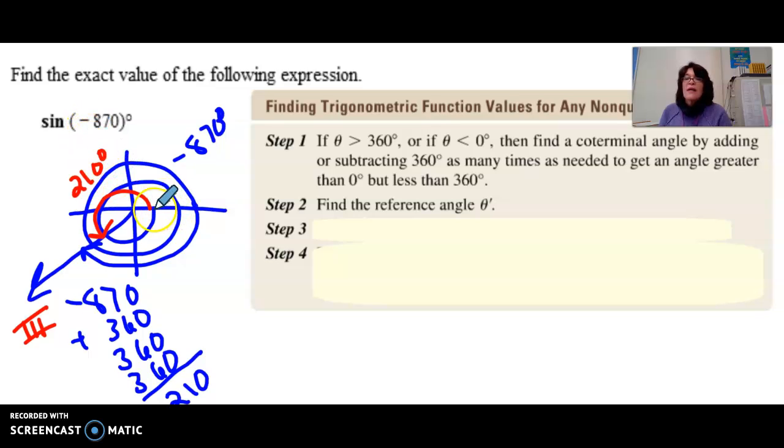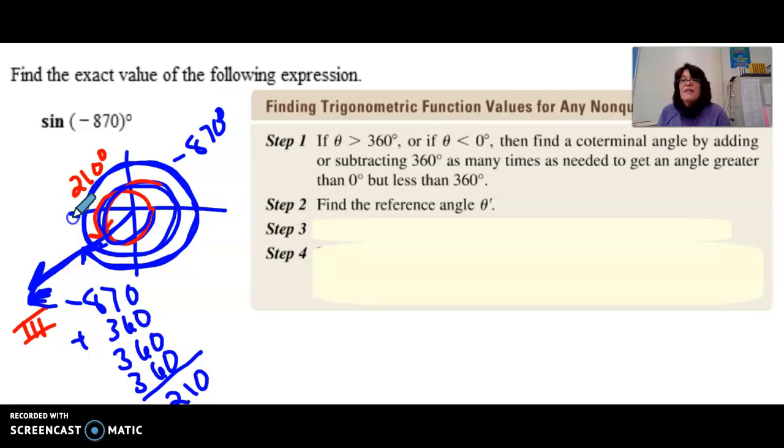So I drew negative 870 degrees. That's negative 360. Another negative 360 is 720. So another negative 150 degrees gets me here. Here's negative 870 degrees. The reference angle